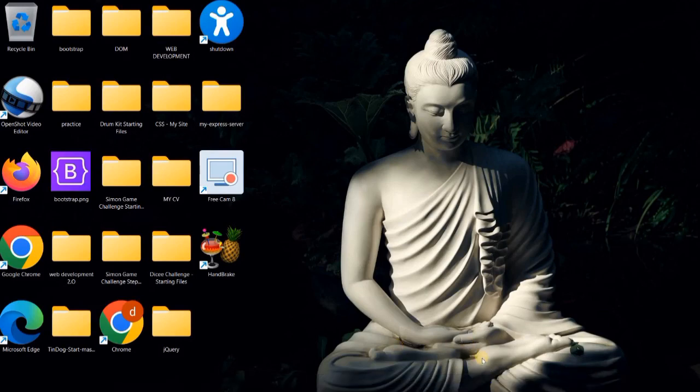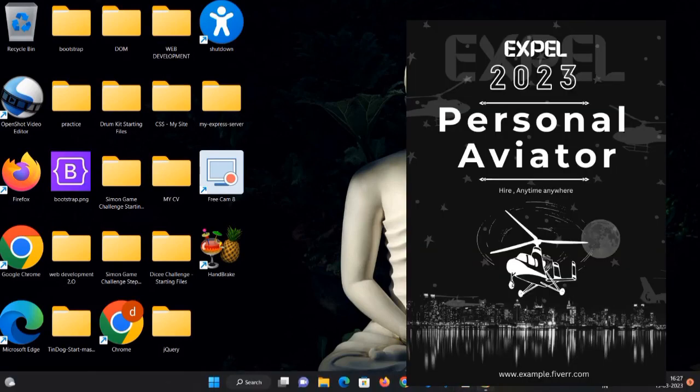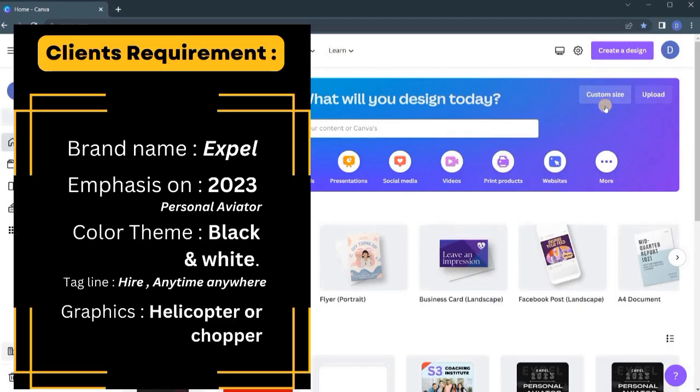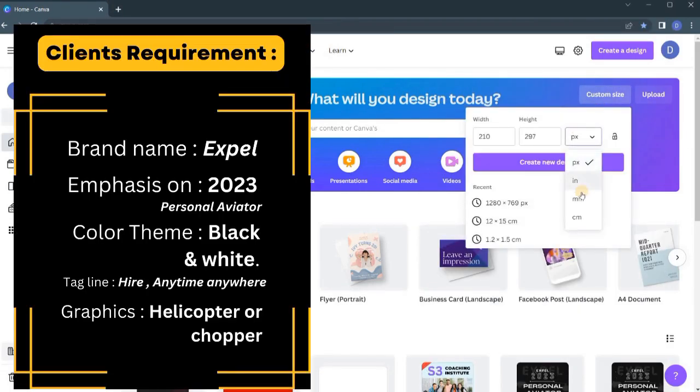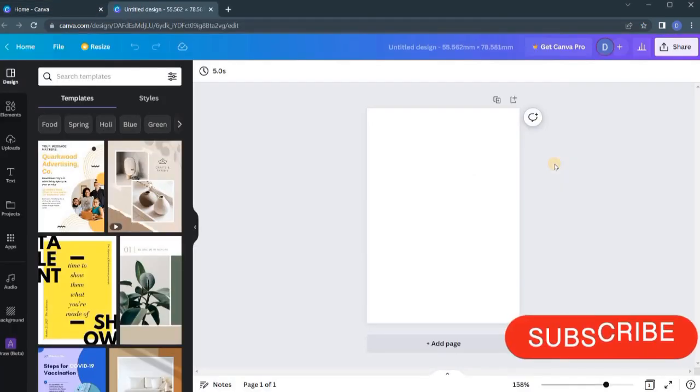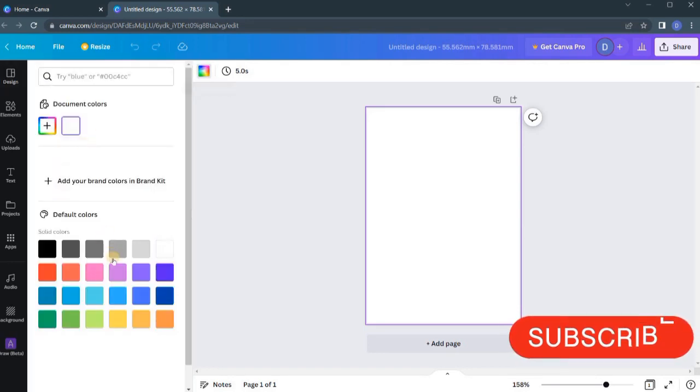We are going to design this flyer in this video, so let's start. This is the requirement of clients from Fiverr. We put the custom size for blank canvas and the color theme is black and white, so I choose night